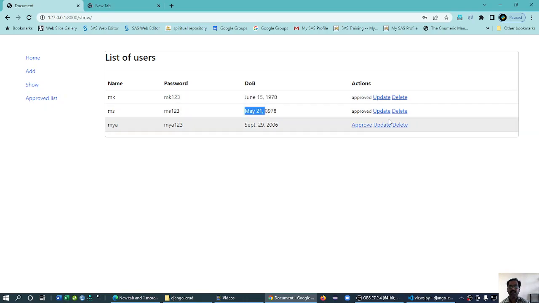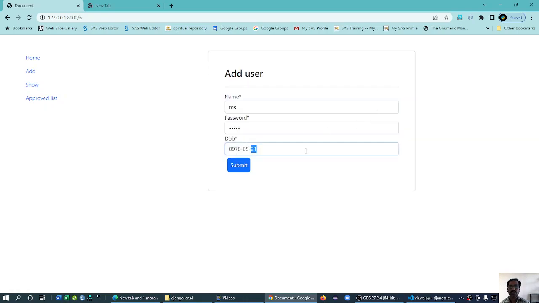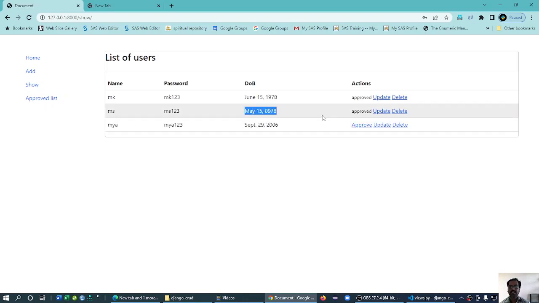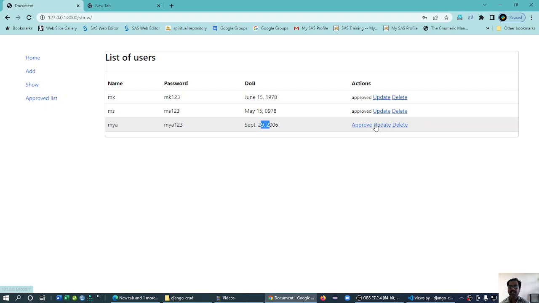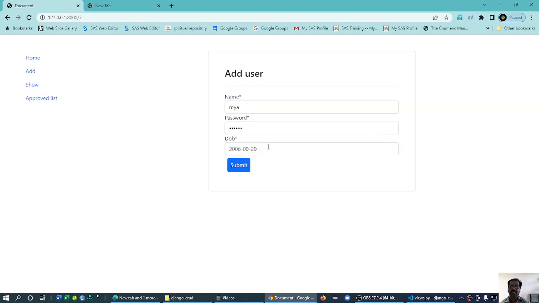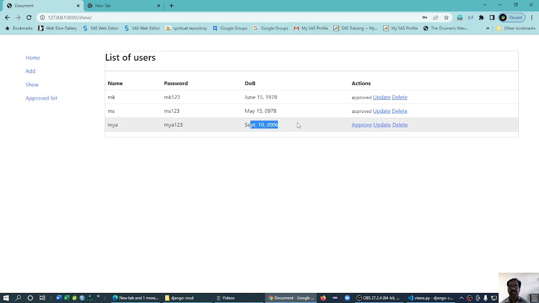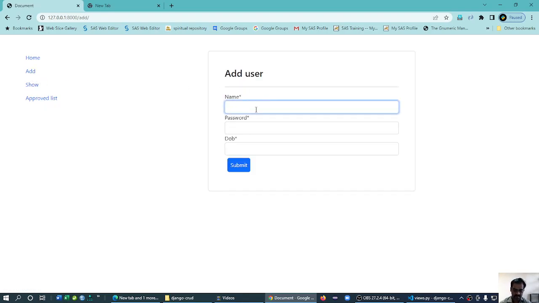Now this 21, I'll change it to maybe 15. Now it automatically comes back, so now it is 15. Now 29, I make it update, 29 as 10, and now submit. Now it is 10. So that's all. Update is over. This approval is pending. That's okay. I add one more MSB